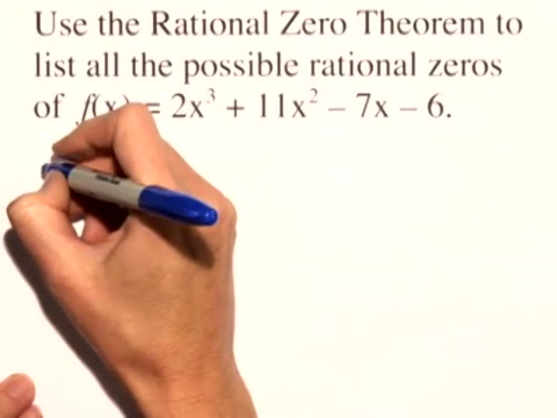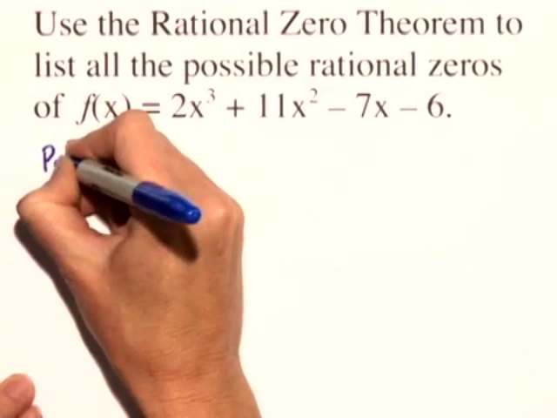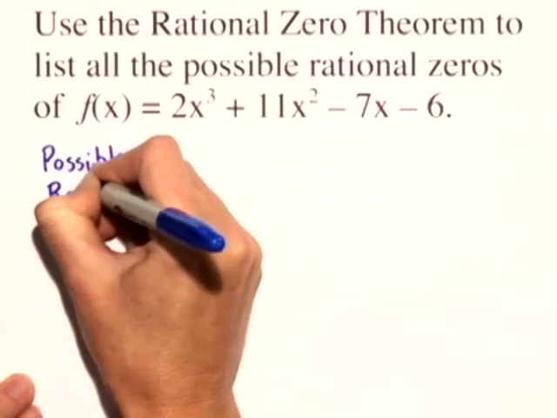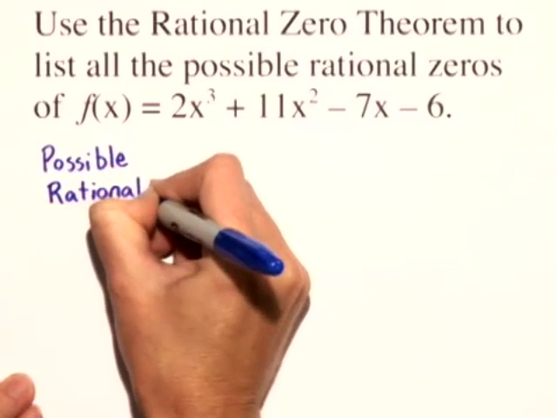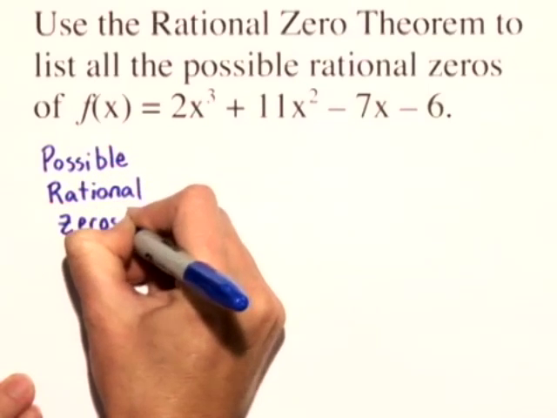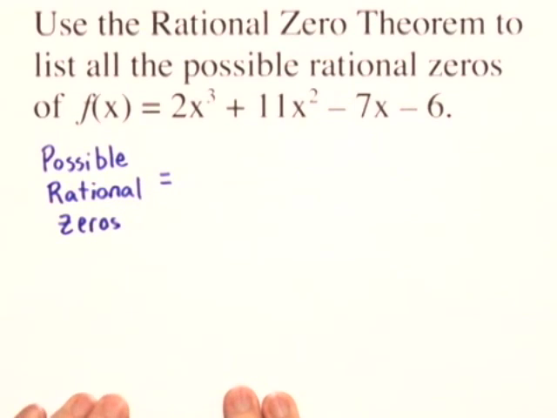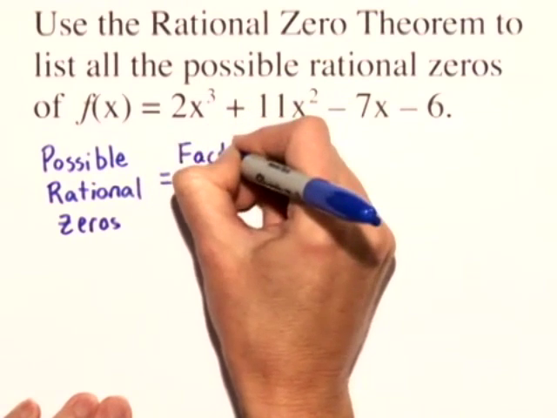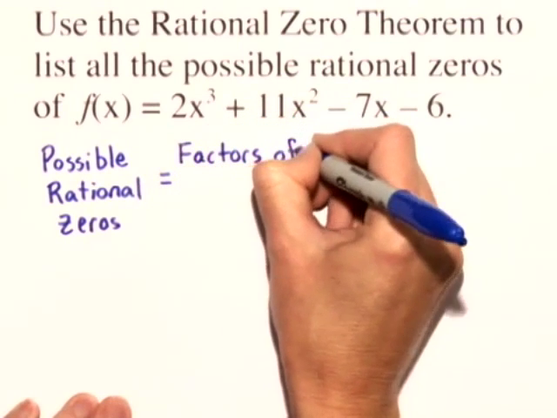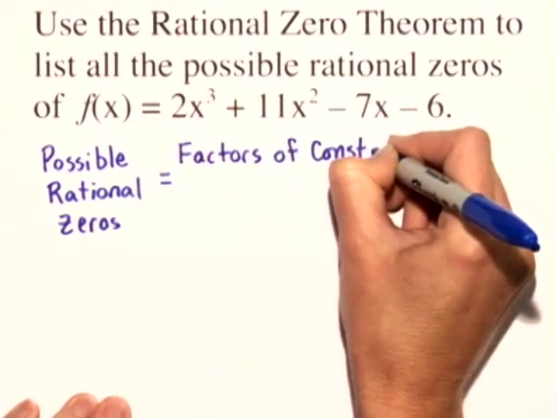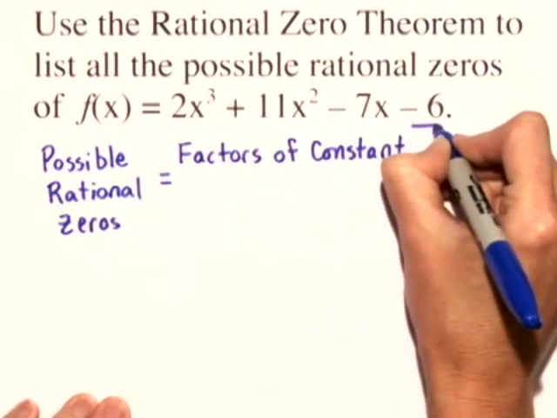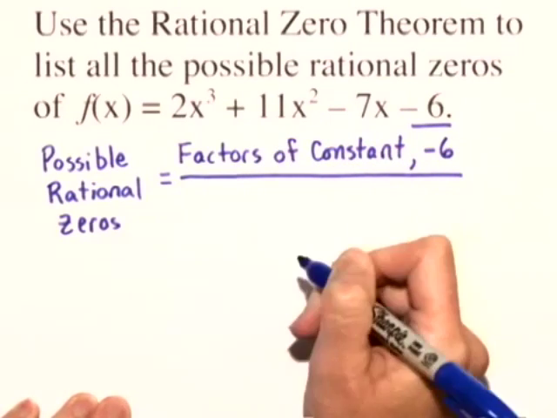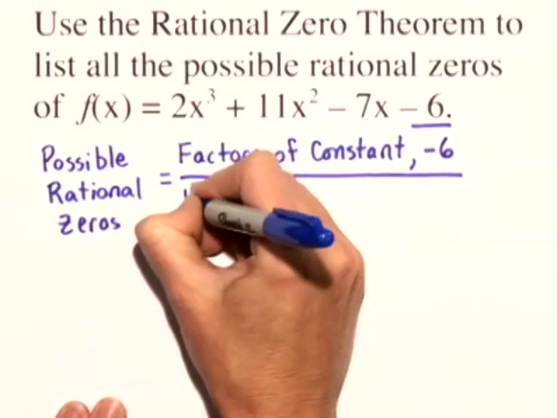Remember, the rational zero theorem says that the list of possible rational zeros is given by a fraction. And the fraction in the numerator is the factors of the constant term. In this case, our constant term is -6, divided by, in the denominator, the factors